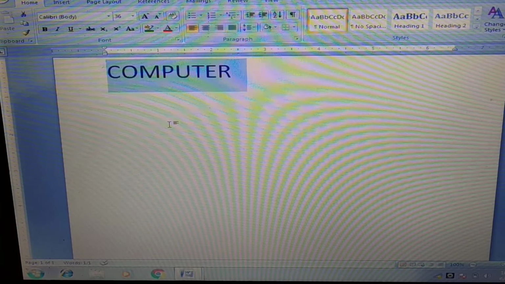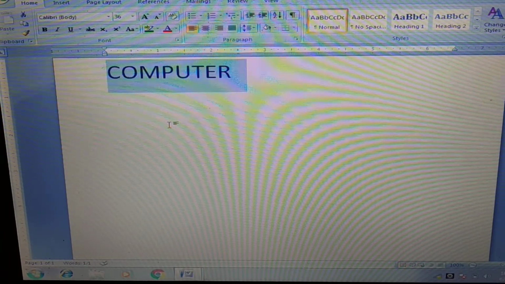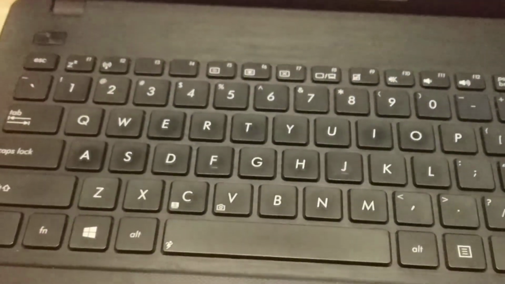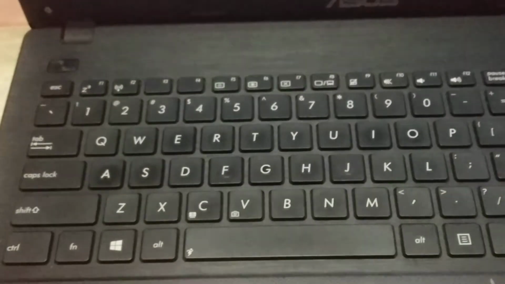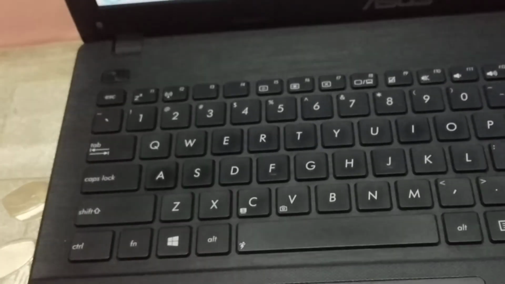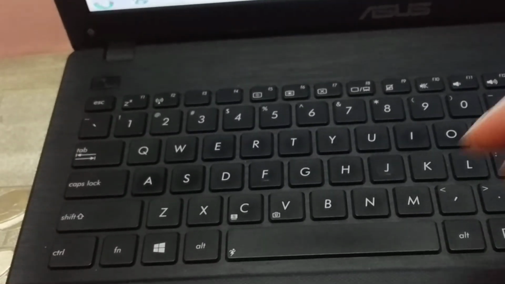Now from the keyboard I will show you how to press the shortcut keys Ctrl plus B, Ctrl plus I and Ctrl plus U together from the keyboard to apply the changes.